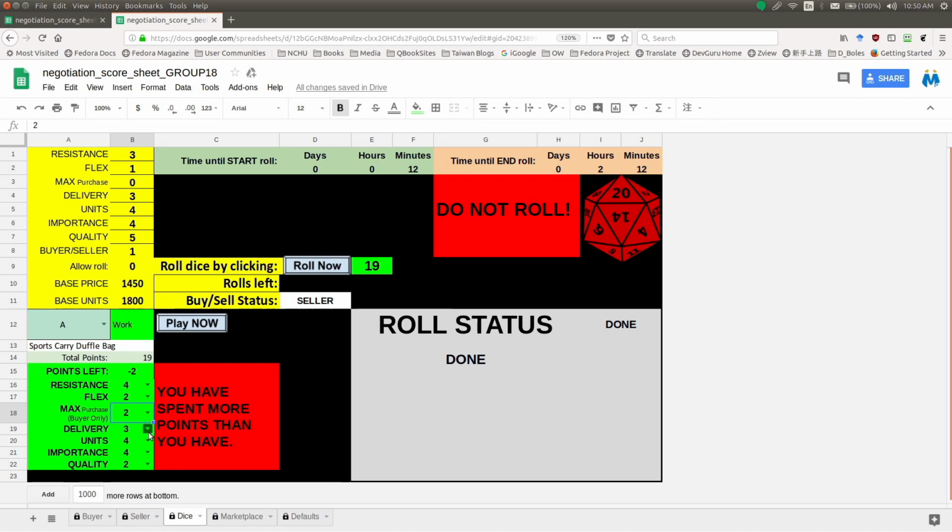You can see I distributed some points. I changed some of these points here, and I actually ended up spending more points than I have. Right now I have 19 points, and this red area will come up, a warning saying you have spent more than you have. That's something to pay attention to, but it doesn't really matter right now because there's nothing we can do. If I try to roll the dice now, where it says roll now, I can press the button,